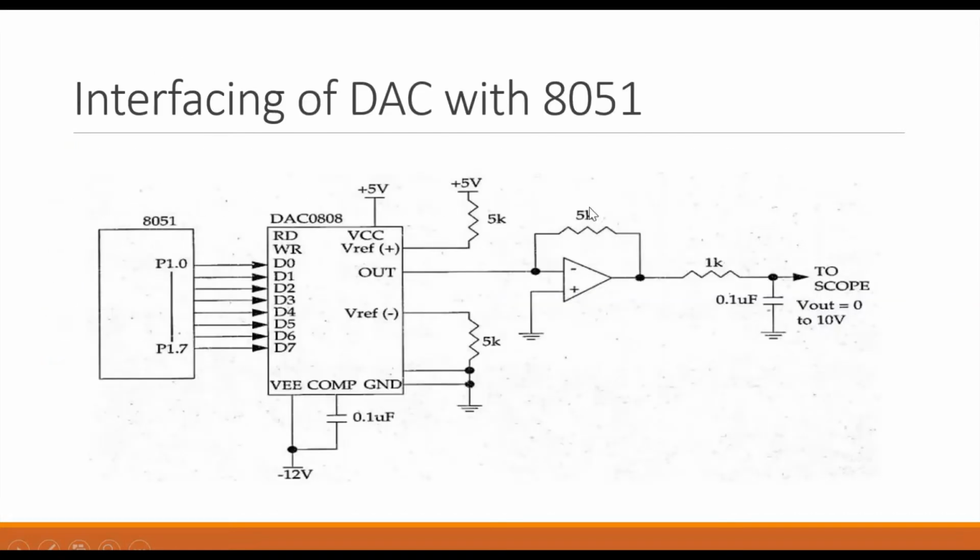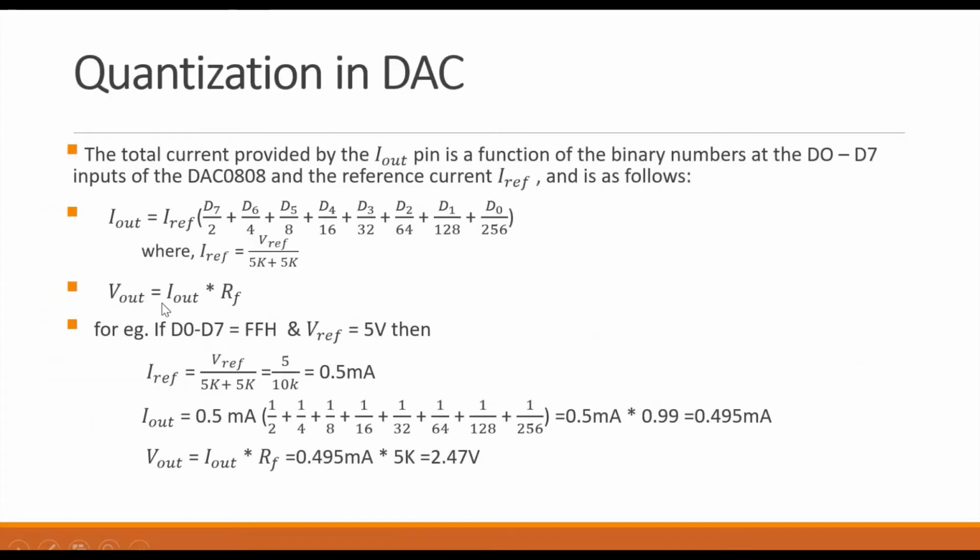Then once you calculate I out, you can calculate V out by this I to V circuit. You have the resistor connected over here, so you have received I out, you know V reference, and you know RF, the feedback resistance connected in the amplifier circuit. So multiplying this I out with the resistance, you can calculate V out, and that is your output voltage signal, the analog quantity that you wanted. So I have given you an example here.